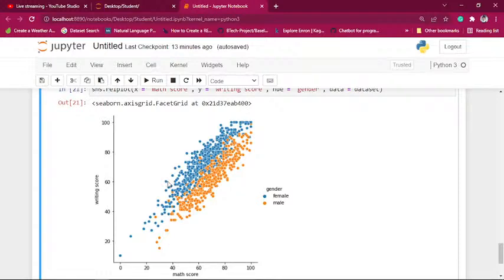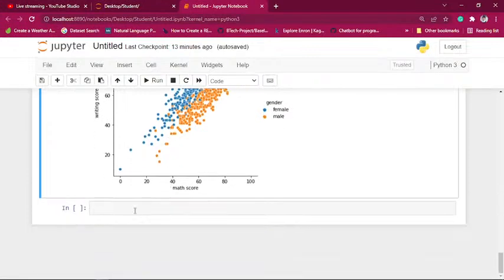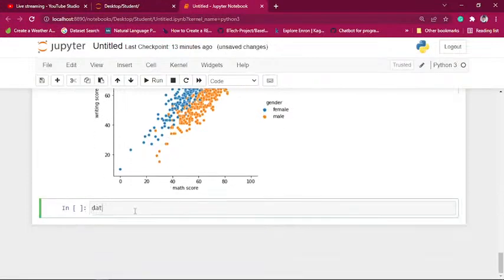For analyzing the students' performance in math, reading and writing, based on their parents' level of education and the test preparation scores. For this performance analysis, first we have to look at the impact of the parents' level of education on the children's performance. We can solve this problem with the help of grouping. So let me finish the code right now. Data sets,